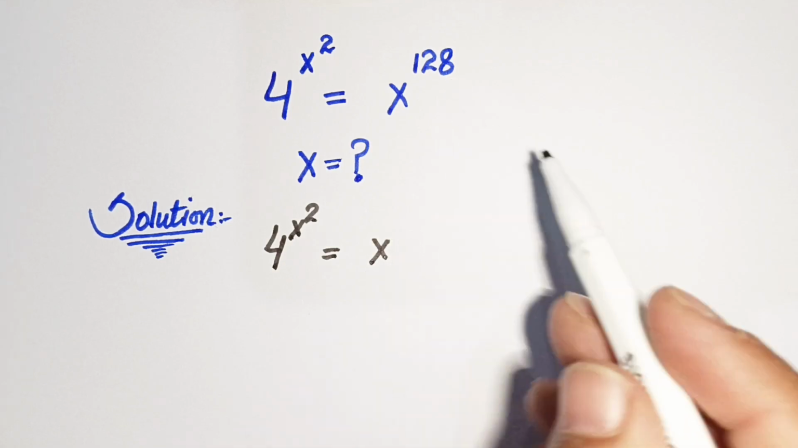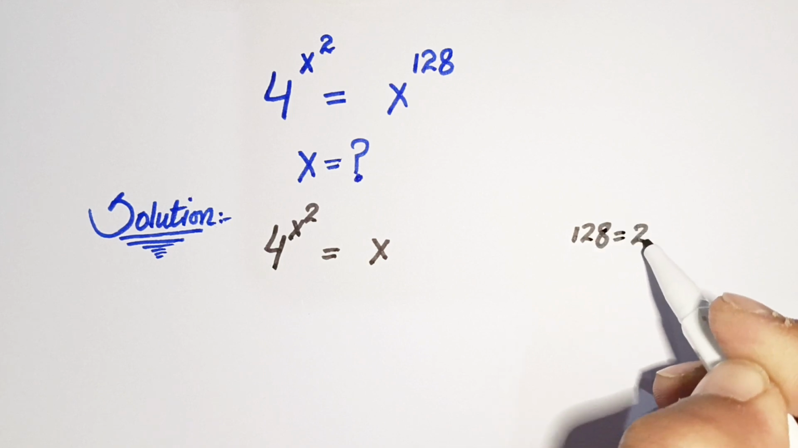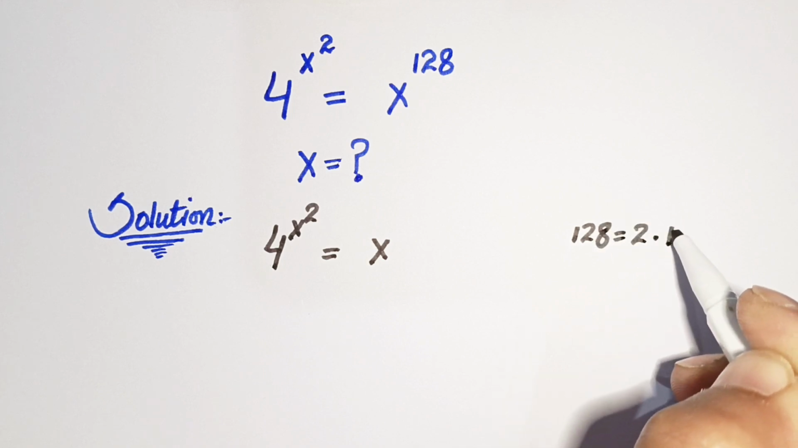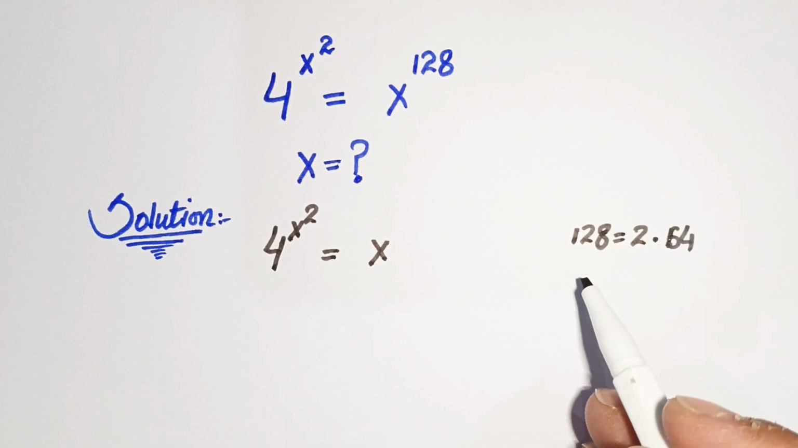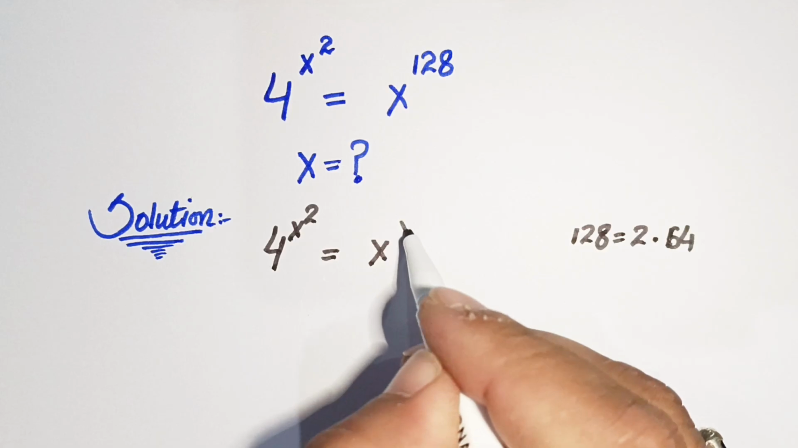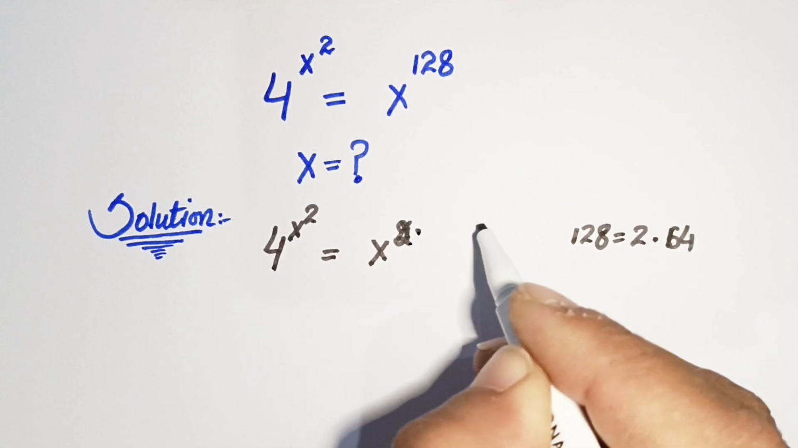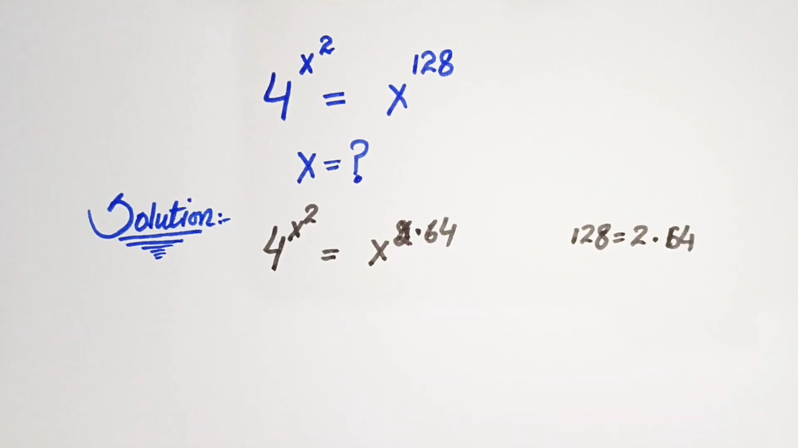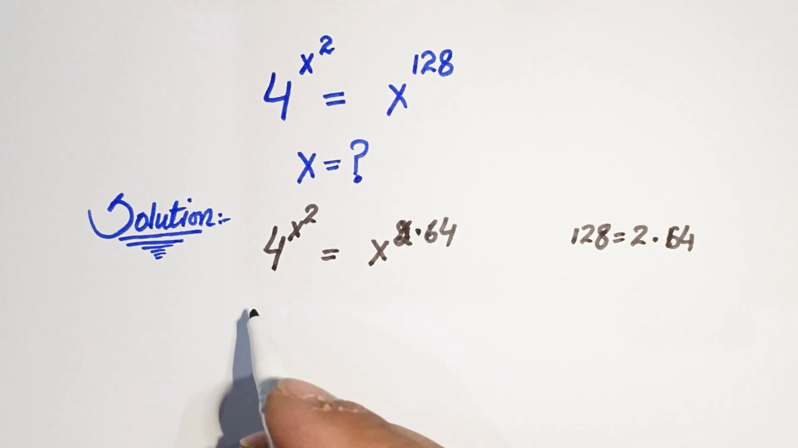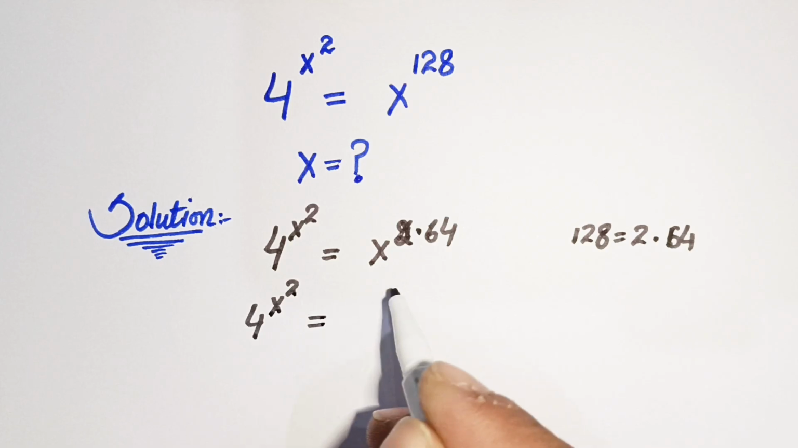This 128 can also be written as 2 times 64, so 2 times 64 is equal to 128. So we just write here x to the power 2 times 64. So now here we have 4 to the power x squared, that is equal to x squared whole to the power 64,